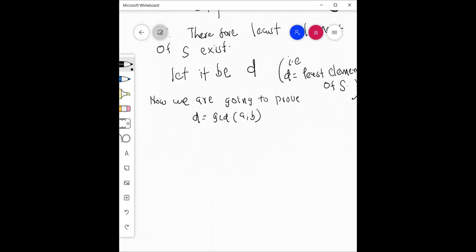Recall the division algorithm. According to the division algorithm, we know that